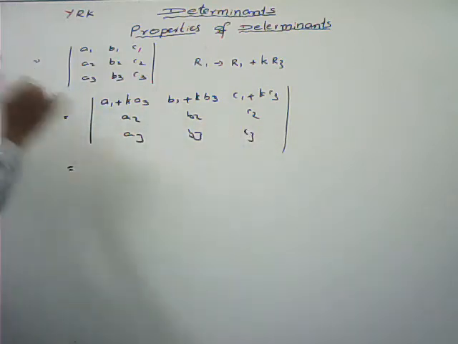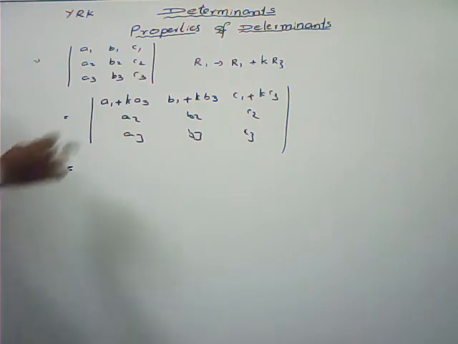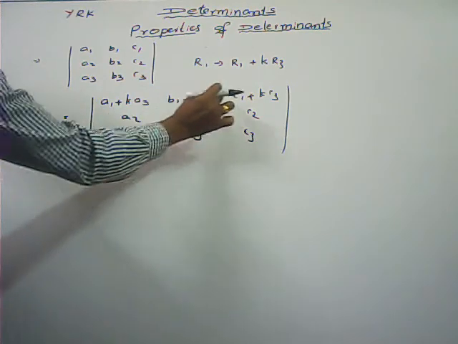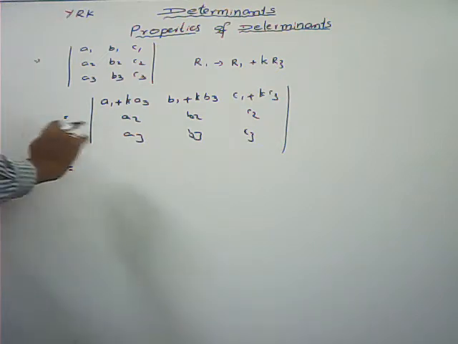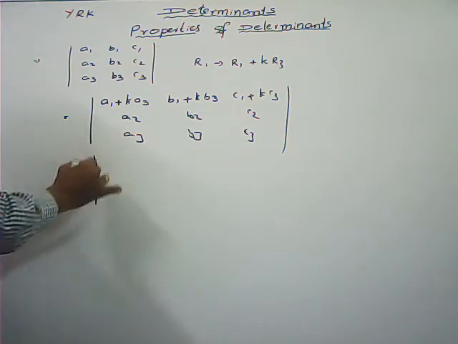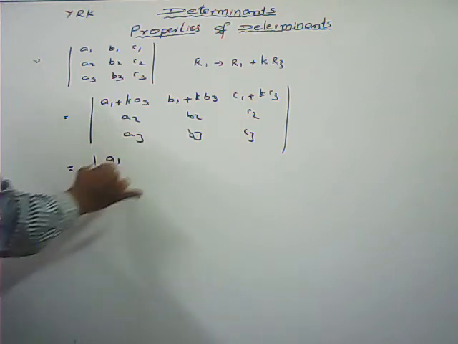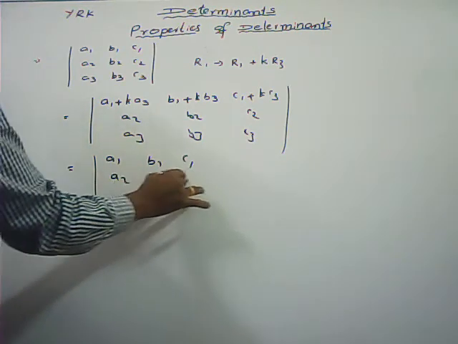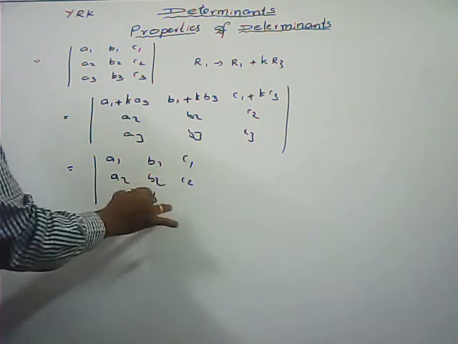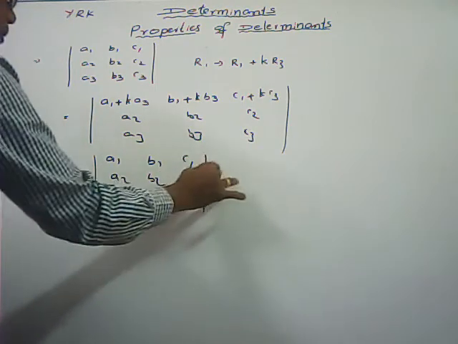That is equal to, as I just told you, if every element in a particular row or column is the sum of two terms, then the determinant can be expressed as the sum of two determinants. So here I can write A1, B1, C1, A2, B2, C2, A3, B3, C3 plus